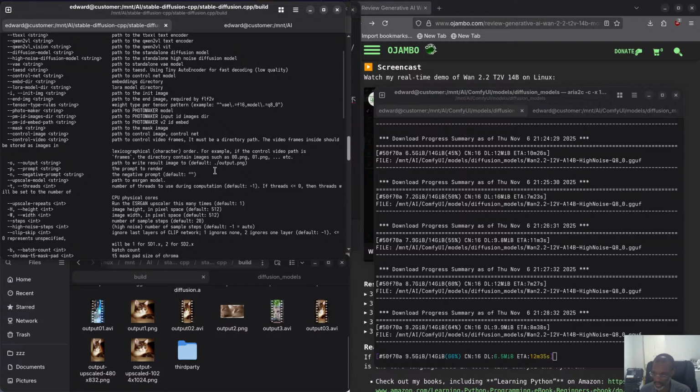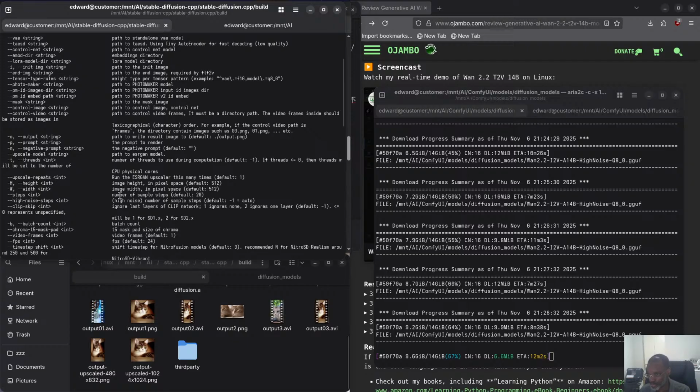That's usually a standard in command line stuff. And the prompt, obviously, to tell it what you want. And obviously, there's a negative prompt. You see, we did a little thing where I copied the negative prompt, put it into translate, and it just says, you know, good quality and all that kind of stuff, even though it's in Chinese. And then the number of threads if you want to use it. Obviously, that's for the CPU. Yeah, it even says right there, CPU physical cores. And then the height,